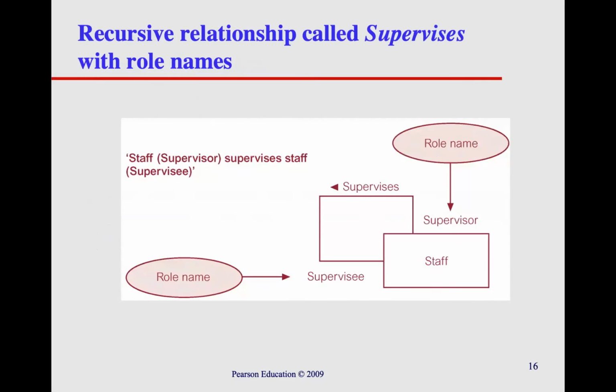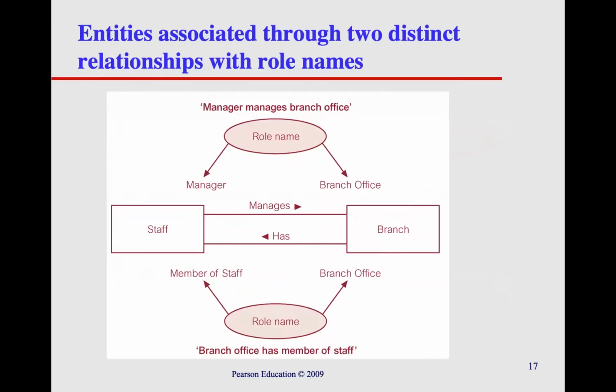Okay, so that was recursive ones. Then sometimes you also end up with relationships where there are 2 relationships between entities, but they go in different directions. So here, a branch has or employs staff, but you also have a relationship that a staff manages a branch. So if you looked at this in the actual relations, what you would see